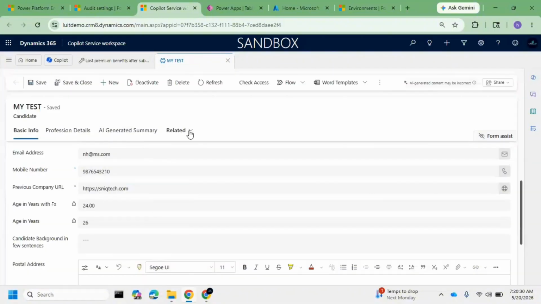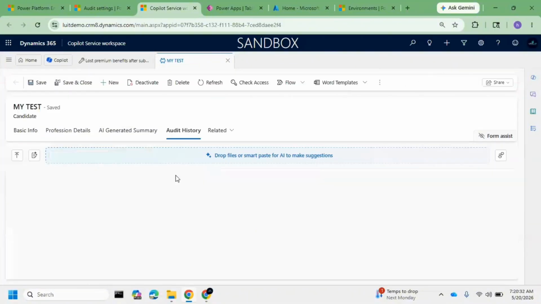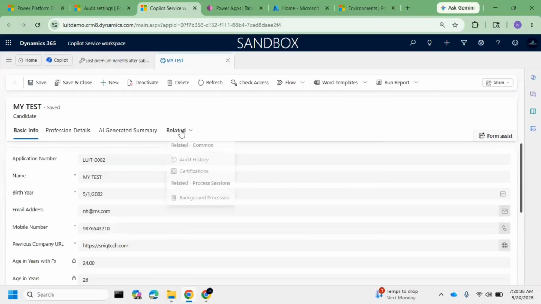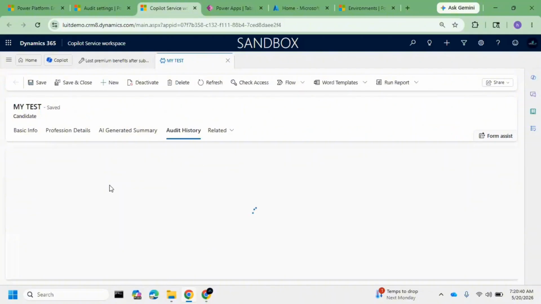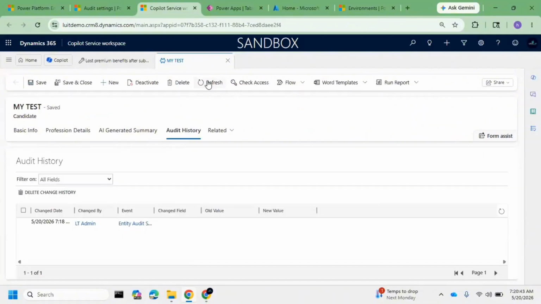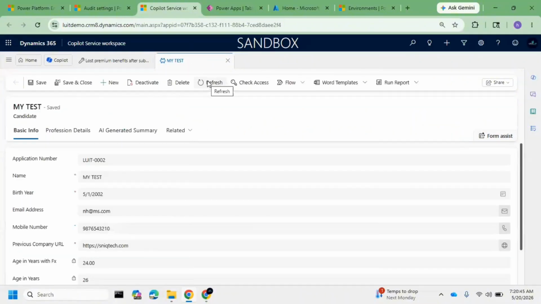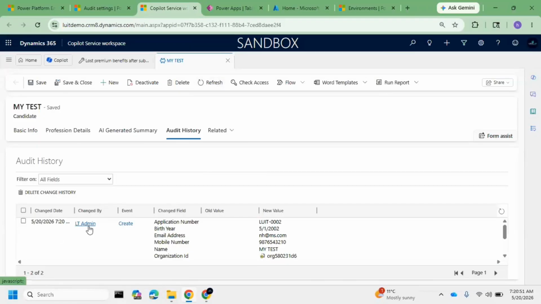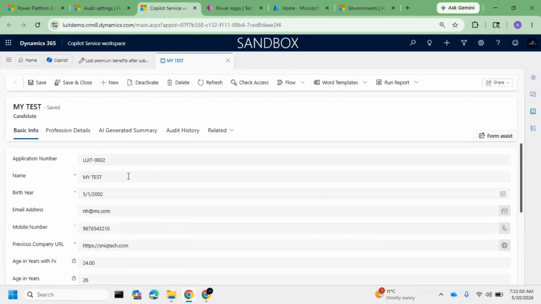Now, once you have saved it, if you go to audit history and do a refresh once the record is created, you will see who created this record and what values they entered. This is for create. After that, if you make any changes,